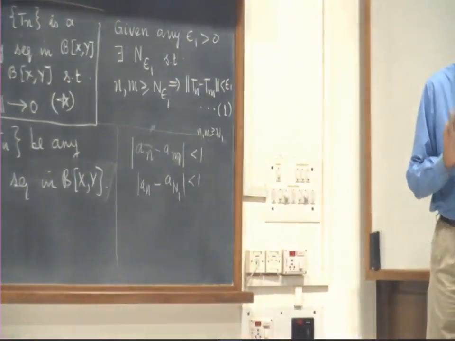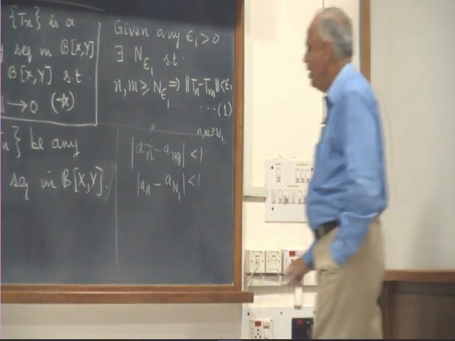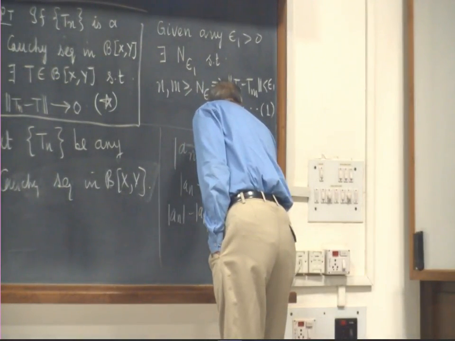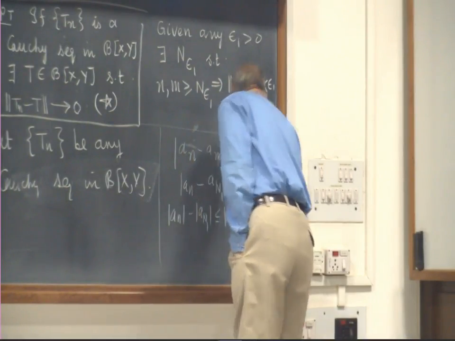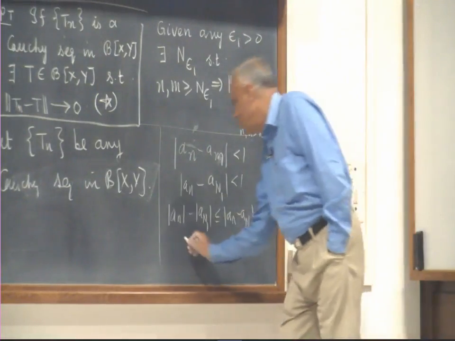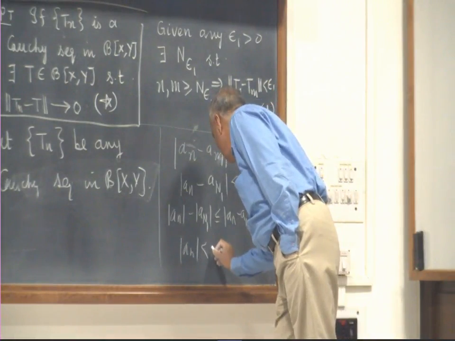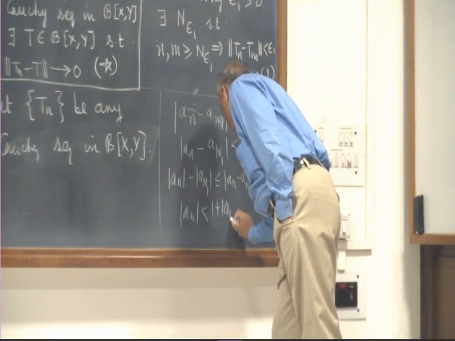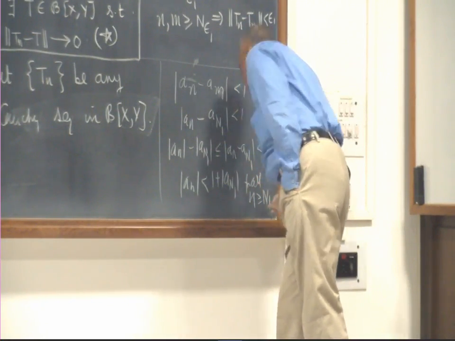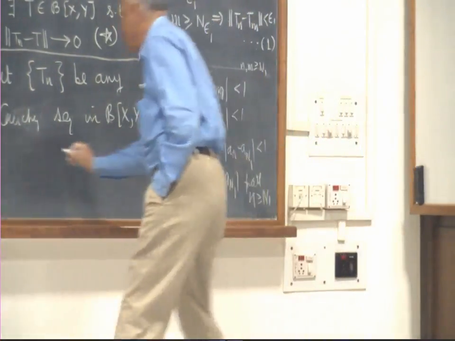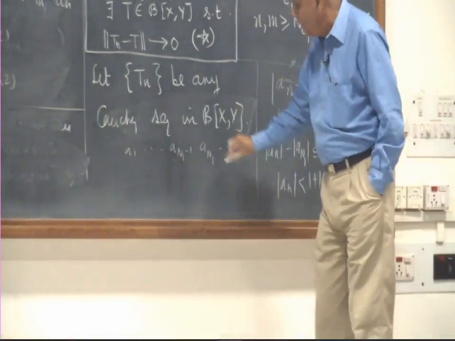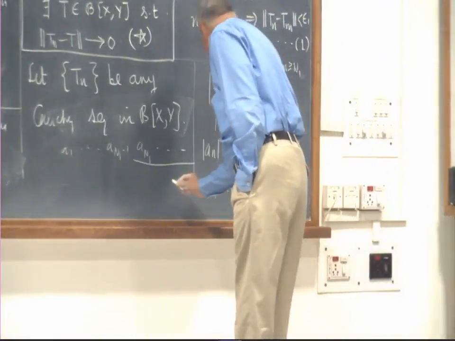But now a_n1 is a fixed real number, one term in that sequence. Now what can I say about mod an minus mod an1? That is less than or equal to mod of an minus an1, and that is less than 1, and therefore mod an is less than 1 plus mod an1 for all n greater than or equal to n1. What does that mean? I have this sequence a1, ..., an1 minus 1, an1, and so on. These fellows are all bounded by this constant k,